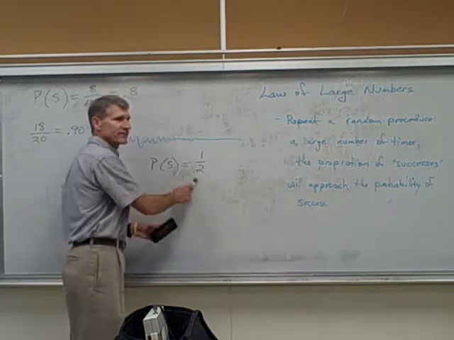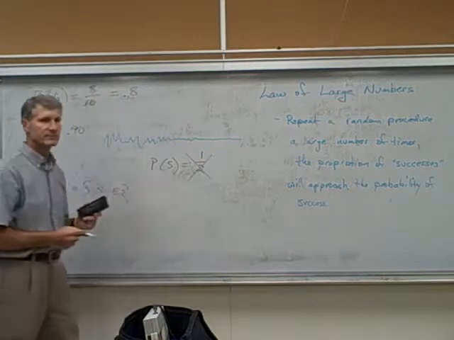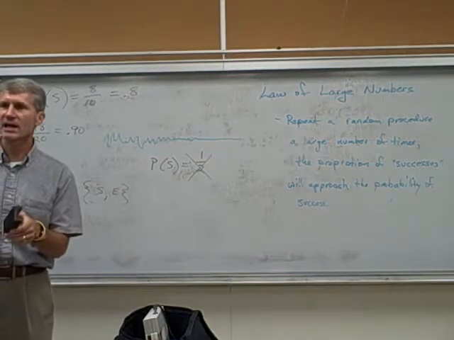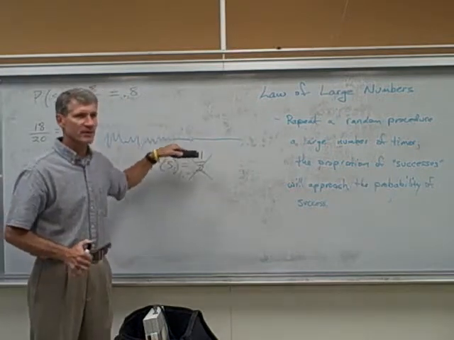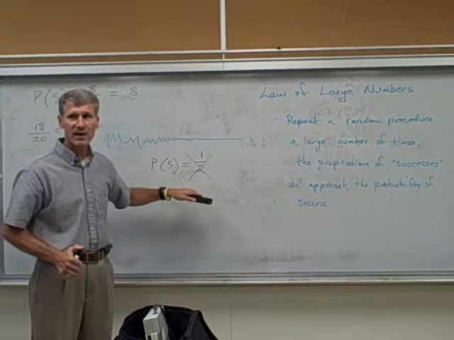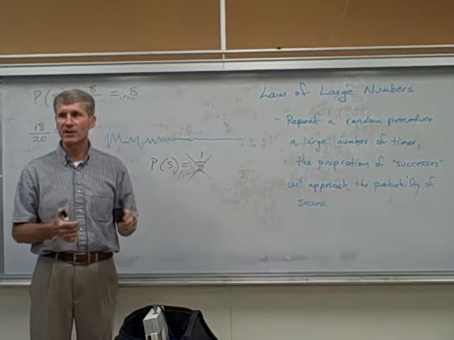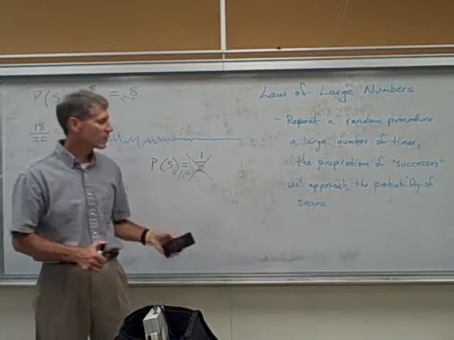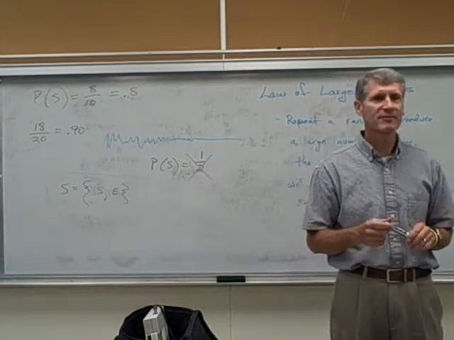That's called the relative frequency approach to probability. If you know they're not equally likely, then don't use that formula I put up here a minute ago: number of ways over total number of outcomes. That won't work. If you don't know whether they're equally likely or not, then don't trust it and go to the relative frequency approach. There's one more way of doing probabilities, and that's called the subjective probability,